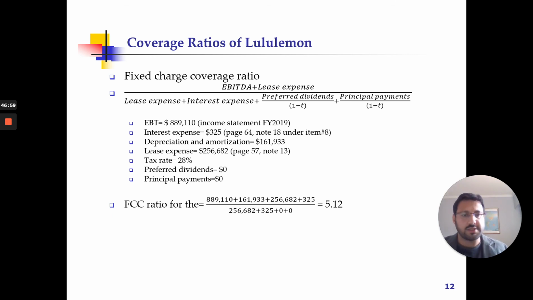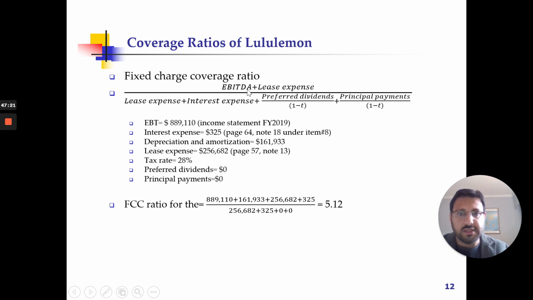If you do not understand, no problem with that. It's enough that because these payments are not tax deductible, in order to do that adjustment in the denominator, when we have to write the preferred dividend and principal payments, we have to divide it by 1 minus the tax rate. So in case of Lululemon, once I add up all these things like EBT plus the interest